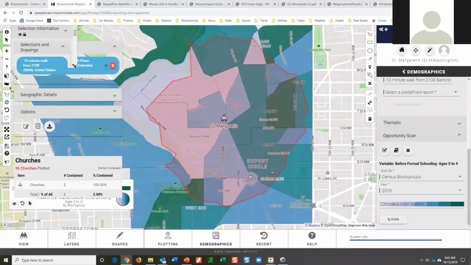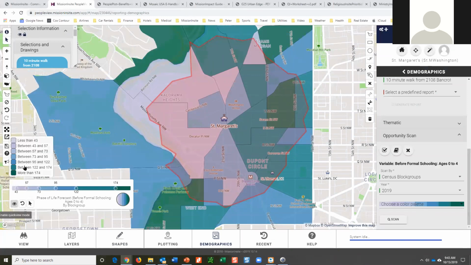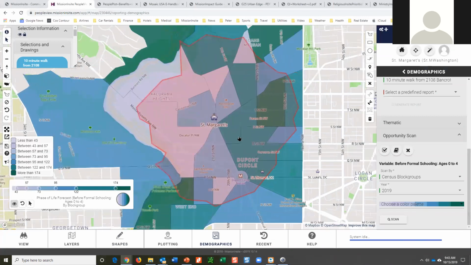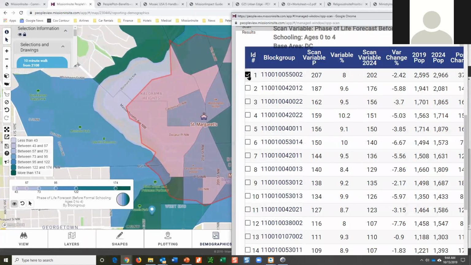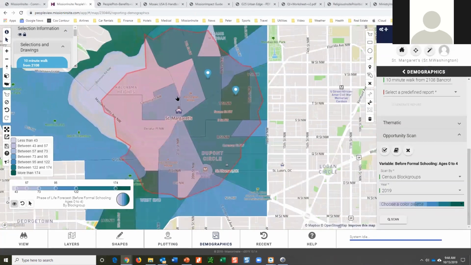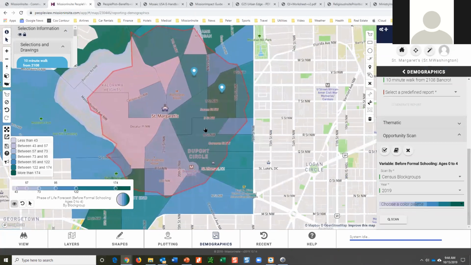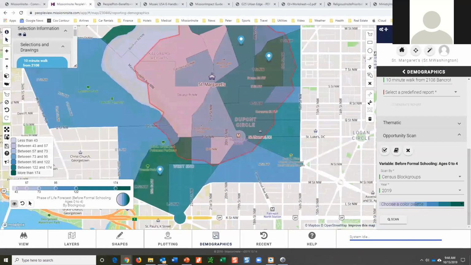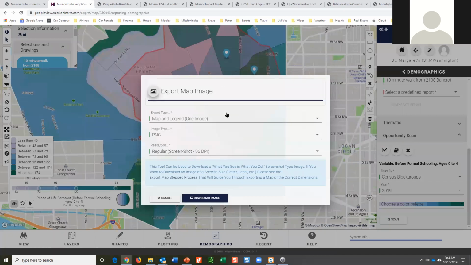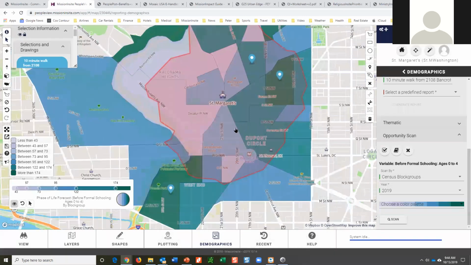Let me put this over here. This shows the legend. And here is a 10-minute walk right here. And if I want to see what's true about those, I can come here. And if I want to see where the highest concentration is, I can click on that and we'll put a marker. Then I could save that as a map, as a PNG. So these are the kind of tools you have available.